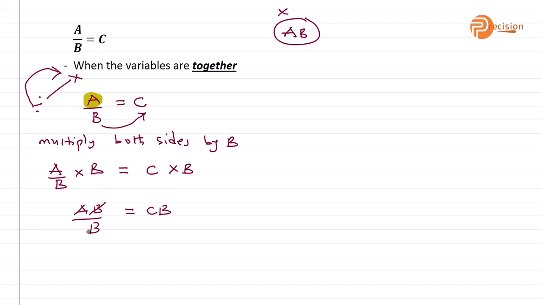Now, do you know that you can cancel out b? At the end of the day, you are going to be left with a is equal to cb. So this is one approach you can use. Or,